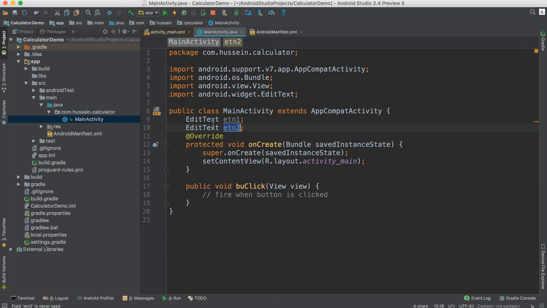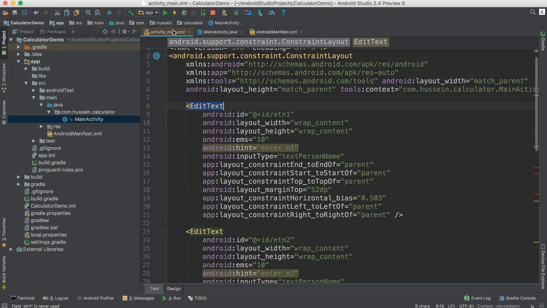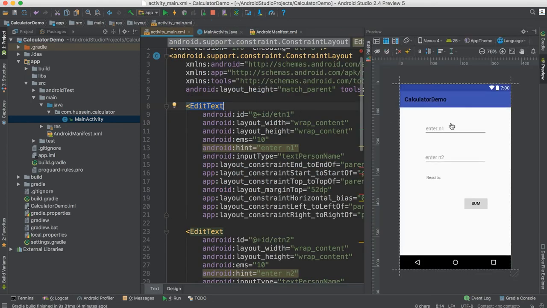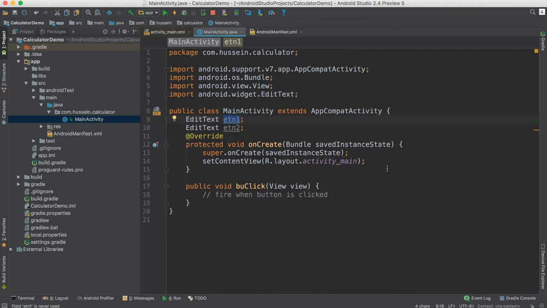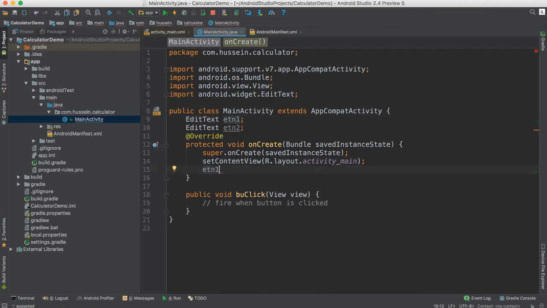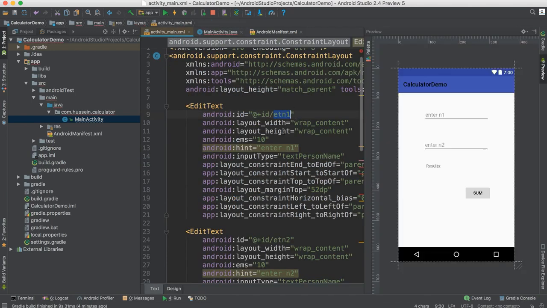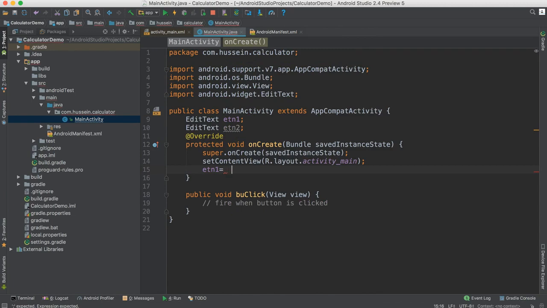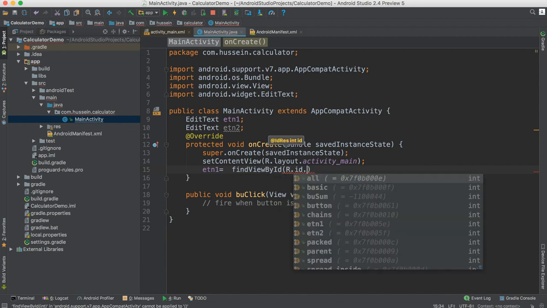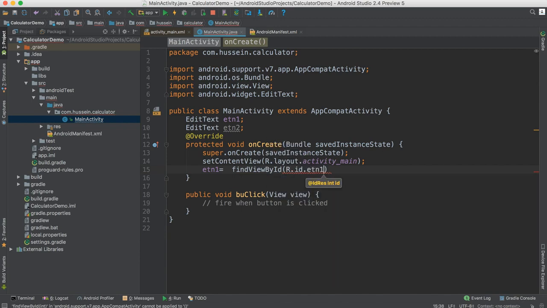I need to initialize that. I need to connect this variable with this edit text. This is an important part in Android. So this one is named editText number 1. So I connect it. Okay, I will say I have an edit text. I want, from this Java file, to access this UI. How do I do it? I will do findViewById, look for R.id, the one named ET number 1. What we mean by this, and you'll see it a lot,